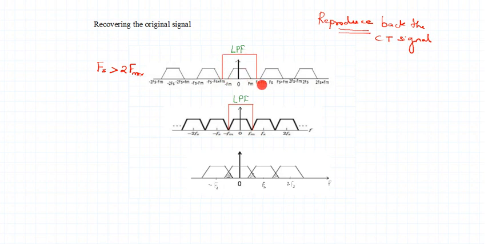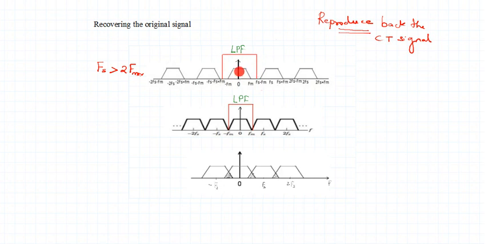So if we place a low pass filter here, what can we do? We can easily separate out one of the spectra, right? Once we separate it out through the low pass filter, we are actually cancelling the repetitions and selecting only one of the spectra. Once we get this spectrum and apply the inverse Fourier transform, can we get our original CT signal? Yes, we can definitely recover our CT signal if we properly select one of the